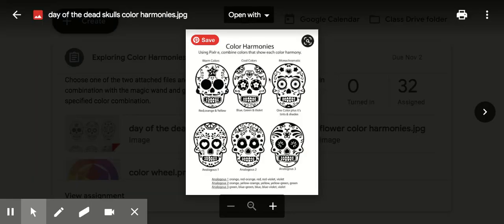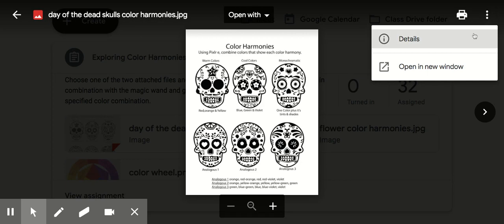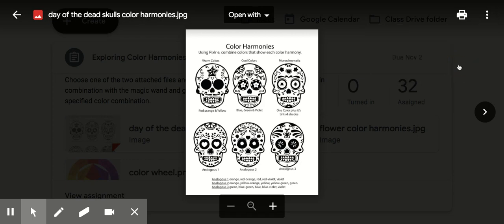it, click on it, and then what you're going to have to do is go to these three dots, and you're going to open it in a new window. And then you have the option of deciding where you're going to save it. So I'm going to download it, and I have it then open up to its own little window, and then I can decide where I want